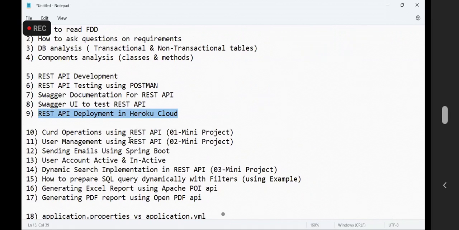Okay. Then as part of this REST API we have implemented CRUD operations. CRUD operations using REST API we have done in the first mini project. User management we have implemented in the second mini project, and as part of the second mini project we are able to implement how to send the emails. As part of the second mini project we have seen how to send the emails by using Spring Boot, and as part of this user management application, how to activate and inactivate the account,